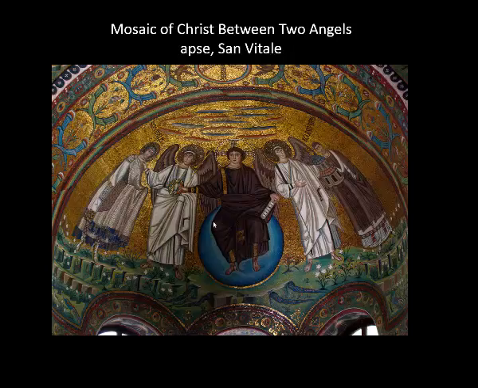So we're looking at the Mosaic of Christ between two angels, which is located in the apse of San Vitale. We know that the apse is the most important place in the interior of the church. This is the place where the altar sits, from which the religious rituals are conducted. This is the focal point of the church, where everybody sits and angles towards the apse to observe these rituals. So it's going to make sense that in the most important place in the interior we're going to see